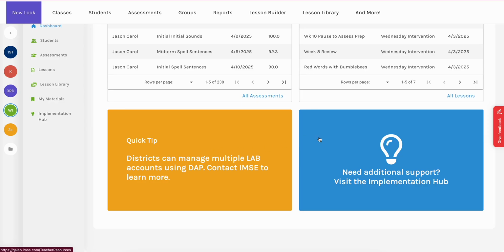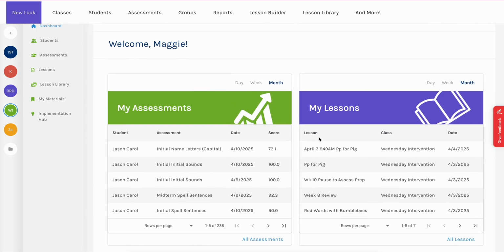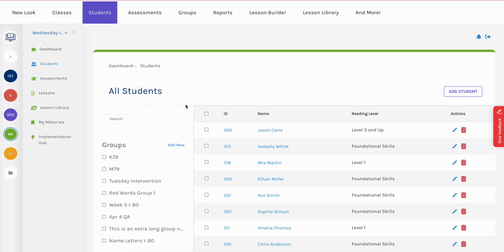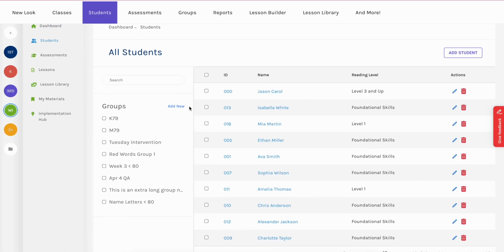We also have the implementation hub moved into lab right now, so that lives in here. If you need support, it is all right here. You don't need to leave the platform, and we are always encouraging a view of implementation hub. So if you'll head over to students with me, we can take a look at our student roster, and this